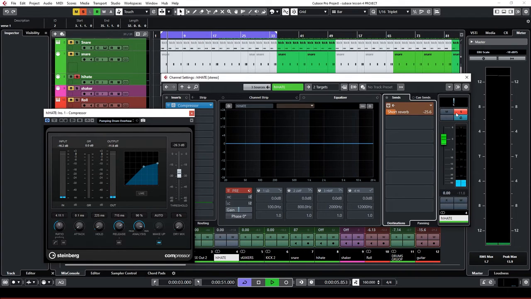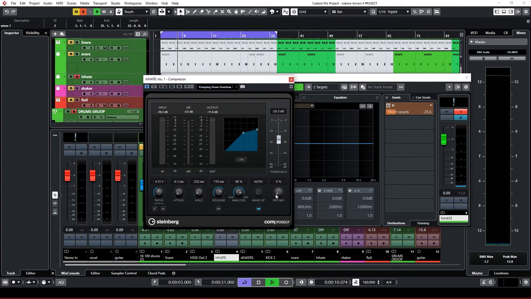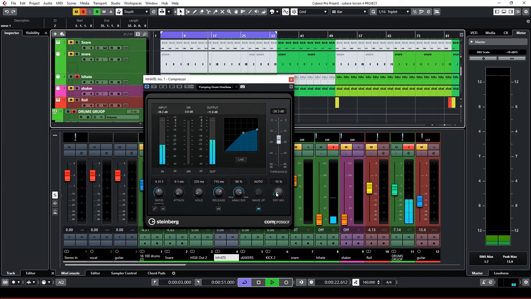Yeah, so I placed a little bit of reverb on the hi-hats. It's just a little bit of reverb, and I'm doing a little bit of compression over here as well. Let me add a little bit of drive signal, and then